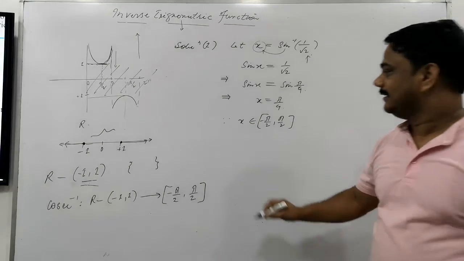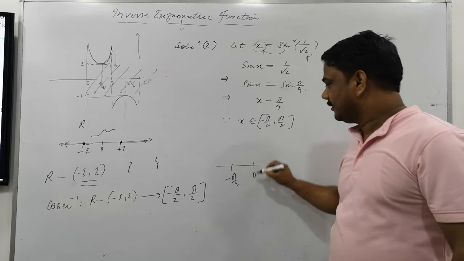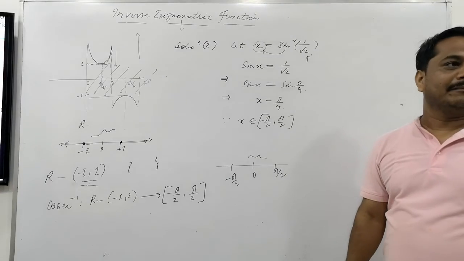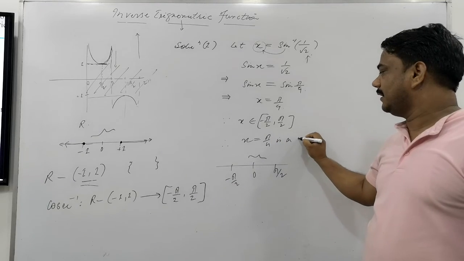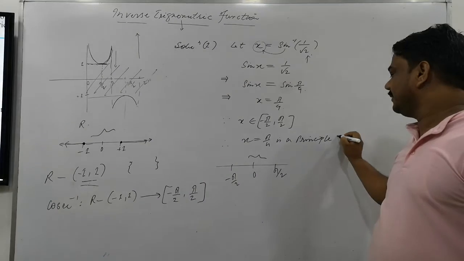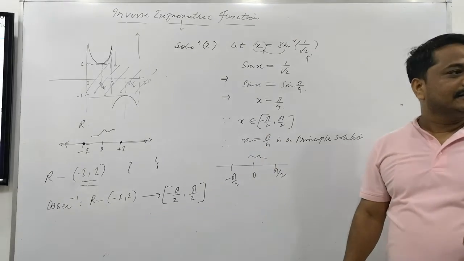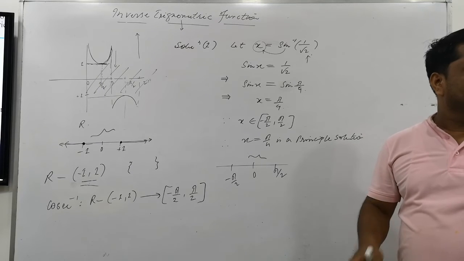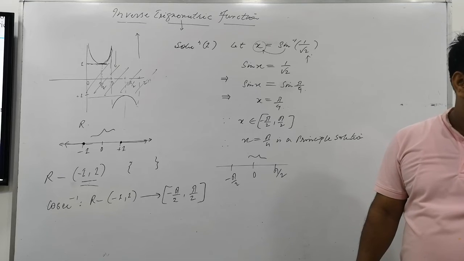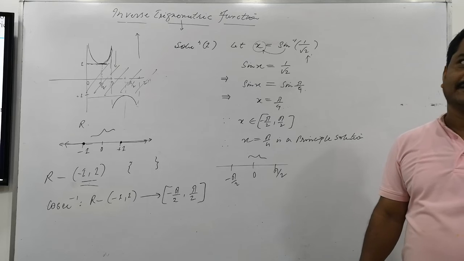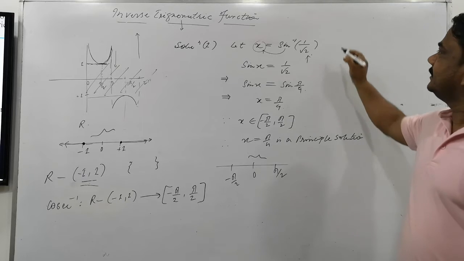Does it belong here? Yes. You may see here it's 0, it's pi by 2 and it's minus pi by 2. So yes, pi by 4 belongs between minus pi by 2 and plus pi by 2. Clear? So therefore x is equal to pi by 4 is a what? Principal solution. So listen again to what I am saying. The value of x which belongs to the range of the inverse trigonometrical function is said to be its principal value solution. Is that clear? If it does not belong, it's not that. So what is the right answer? Pi by 4.